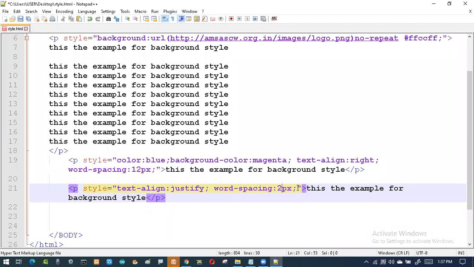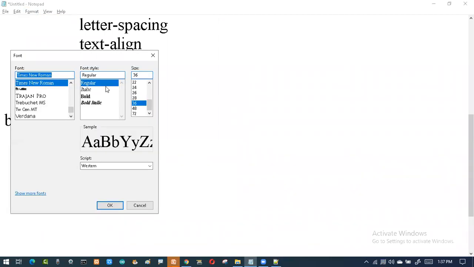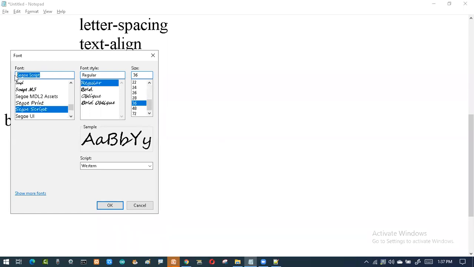Then what I want here is the font name. If you want the font name, you can check it on your computer. Here I have a list of fonts, different kinds of font names: Trajan Pro, Verdana, small fonts. So I have different kinds of styles. I'll copy this one. I want something like this script.